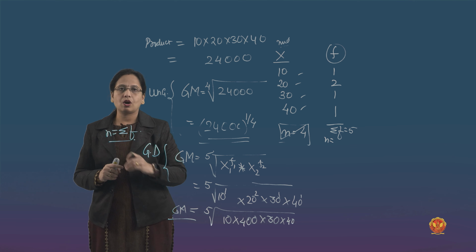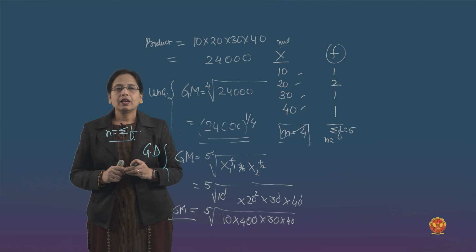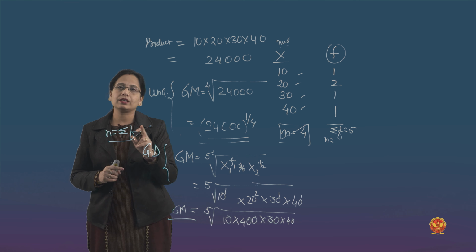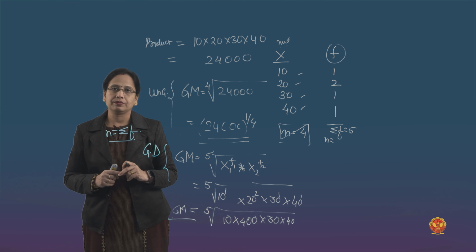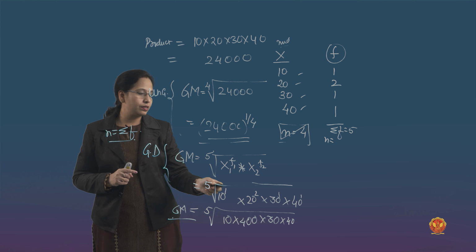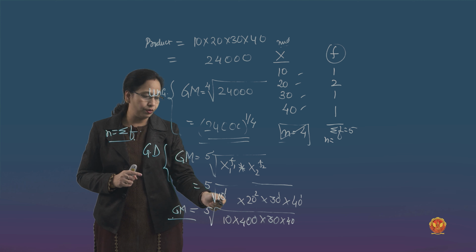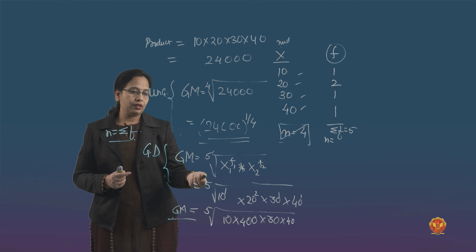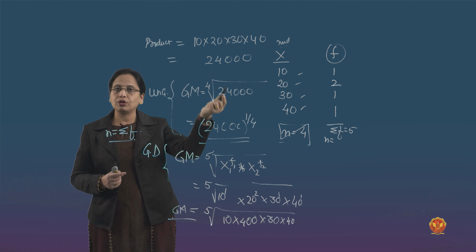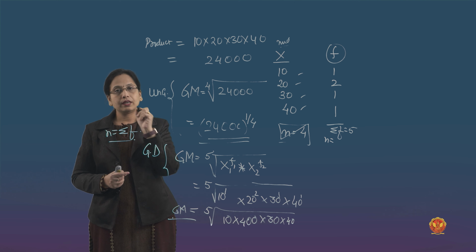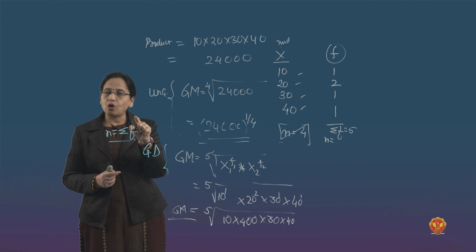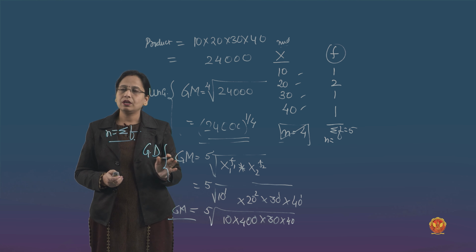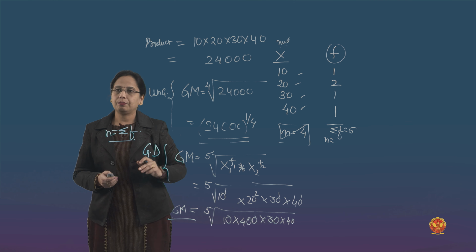Similarly, as with the harmonic mean we have just studied, if any observation is 0, it is not possible to calculate the geometric mean. You can see the reason: if any observation is 0, obviously the complete product will become 0 and there is no use of calculating the geometric mean. As in the case of the harmonic mean, there also we consider that the observation should not be equal to 0. Otherwise both calculations don't have any importance.